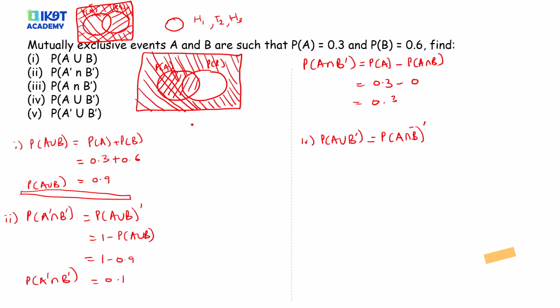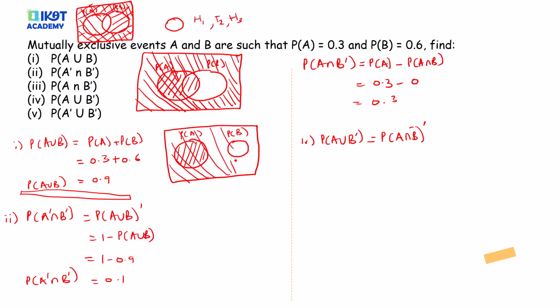And now for the case of these events, by the way, we should just draw something like this: probability of A, since these are already mutually exclusive events. So we'll shade this as A and shade everything here as B complement. You get this the same as saying this is B complement. So this is 1 minus probability of B, which is 0.6. The answer here is 0.4. That's probability of A union B complement.